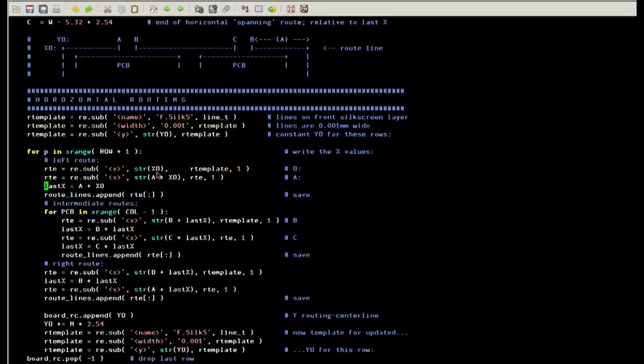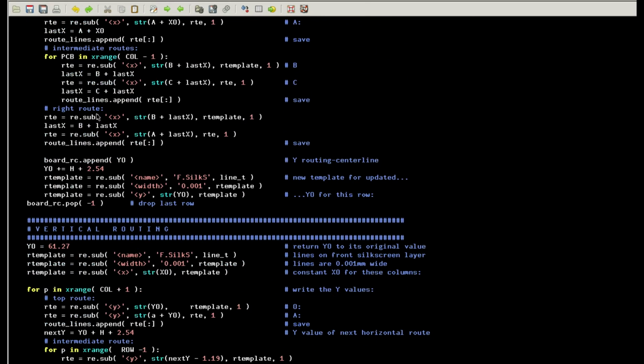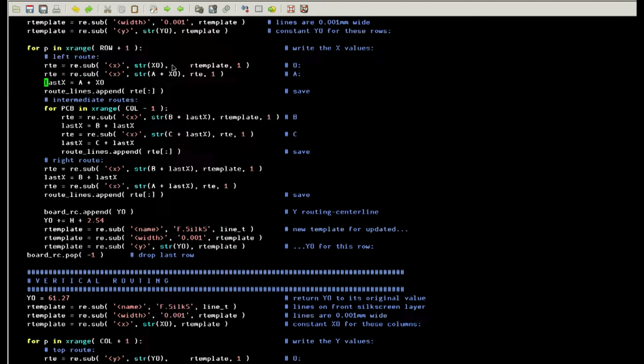Where'd it go? It's a complete GR line string now, all filled in. So you want to save that, pin that to route lines. Now here's a